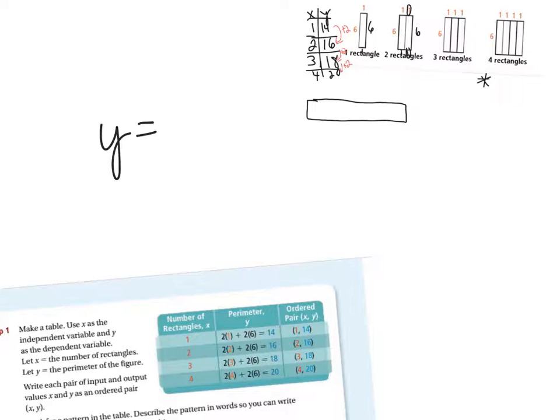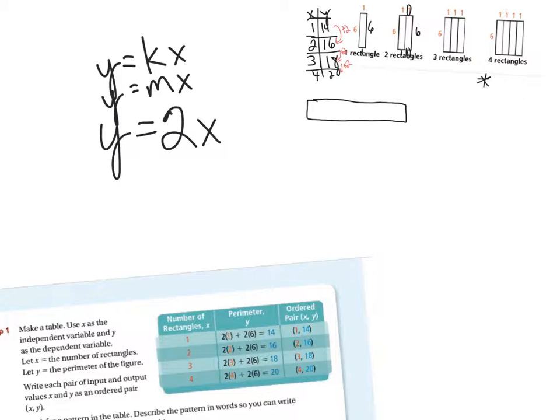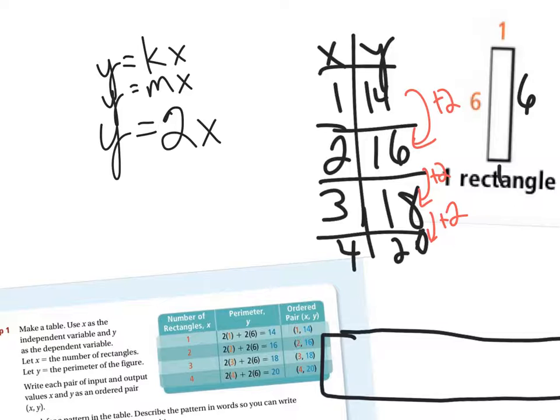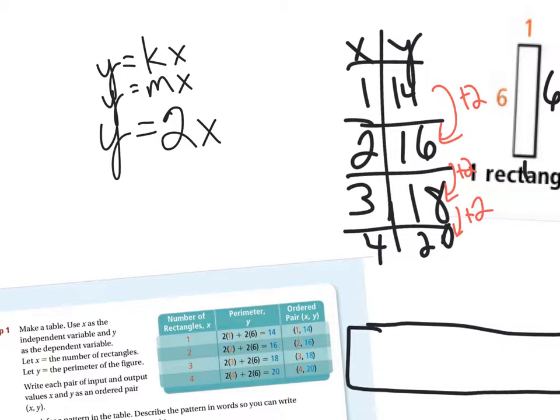So our equation we're going to look at, we talked about last year proportional relationships. So proportional relationships, we talked about y equals kx or y equals mx, okay? So our equation is going to be y equals 2x. That's a starting point. We're going to have to adjust that a little bit. So the deal is we have to look at what we need to add or subtract to that to get this to work. So if I put a 1 in place of the x right now,